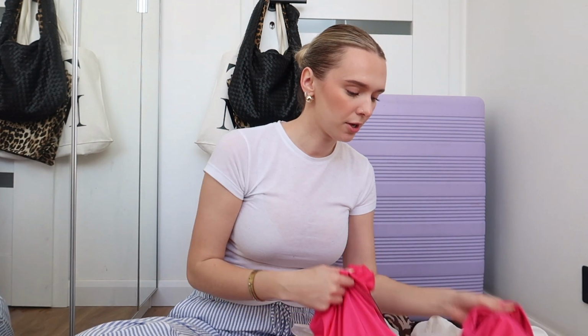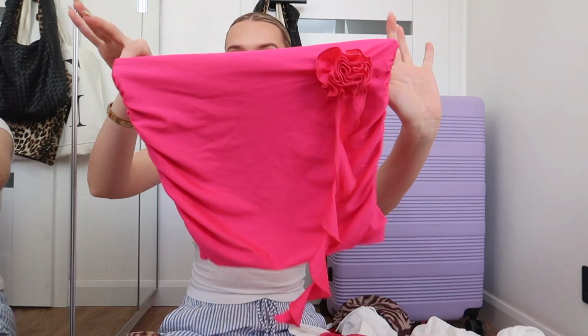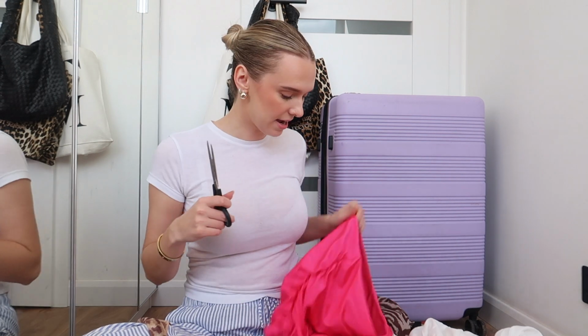And then also, I don't think I showed you this. This is just a little set from White Fox Boutique, but I got it through Vinted ages and ages ago, and I think I'm going to wear this in Miami on a little night out. This is actually the skirt, but you could wear it as a little tube top. Oh, I didn't think of that. But yeah, I'm just going to take off all of the tags because I hate traveling with tags,